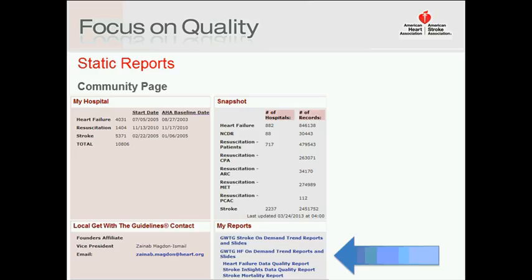And again, these just get posted periodically, either every 6 months for your data quality reports, they're right here, or quarterly for your on-demand trend reports, which are going to be either PDF files or slides of your performance on certain measures that get posted periodically to the site.